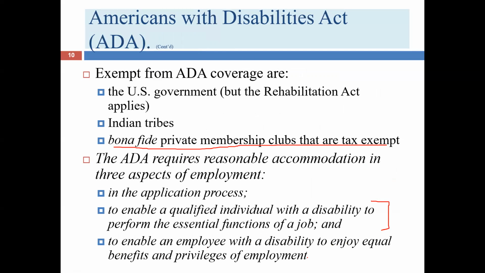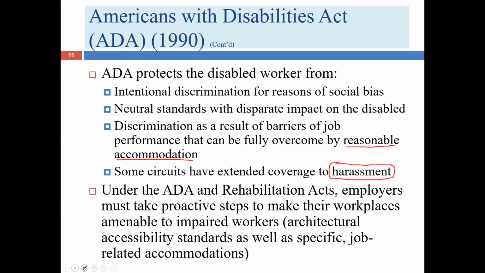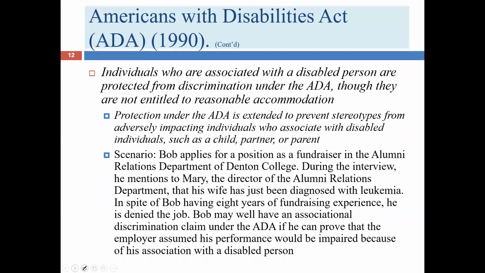That's going to affect your enjoyment of work, obviously. If you can't get to the break room to have your lunch because there's a set of stairs there and you are a wheelchair user, well, that's a major issue. Not only are you not able to eat in a comfortable place, but you may not be able to as easily socialize with your coworkers. And so all those things can affect the enjoyment of the workplace, even if they don't directly affect the work period of time.